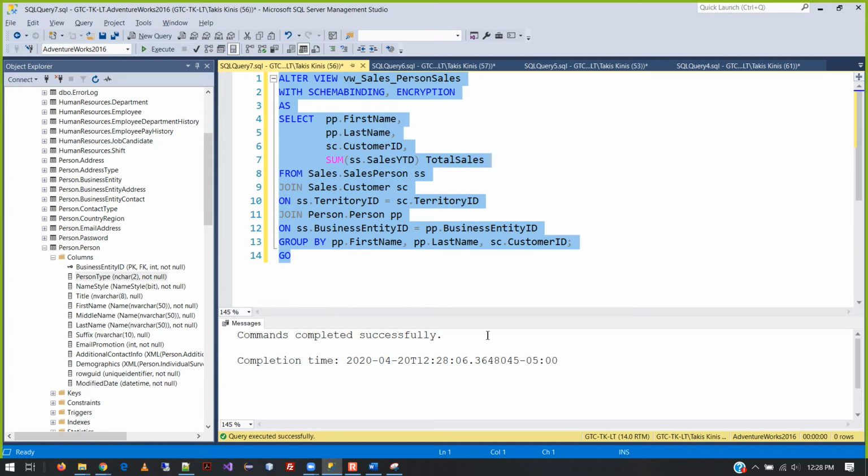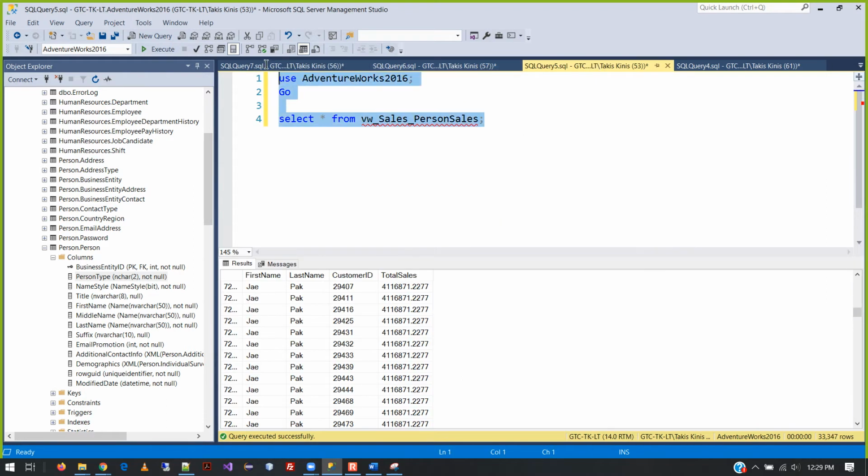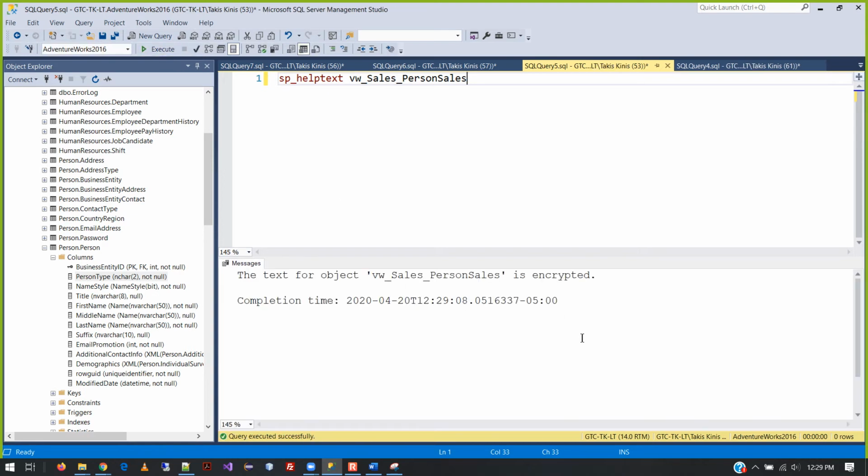To verify that that's the case, you can just run that, and then you can see that you can pull back the data. You just can't pull back the other structural components, or if you were to look at the raw data in the table, that would also be encrypted. Number 10 is actually pretty darn easy,